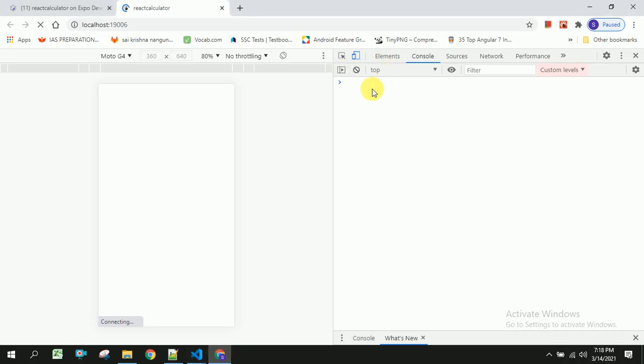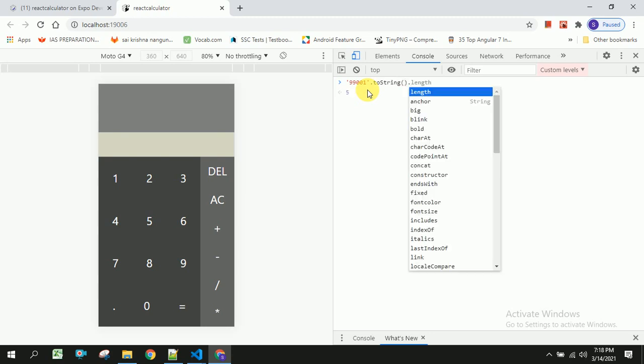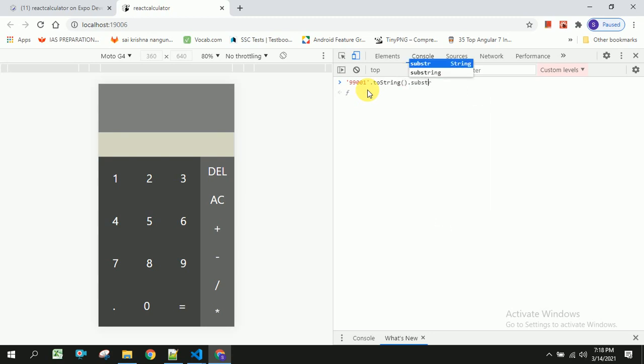So let us consider we have a string 1, and I am going to make it as a string. It is not necessary. And after this, I am going to take substring.